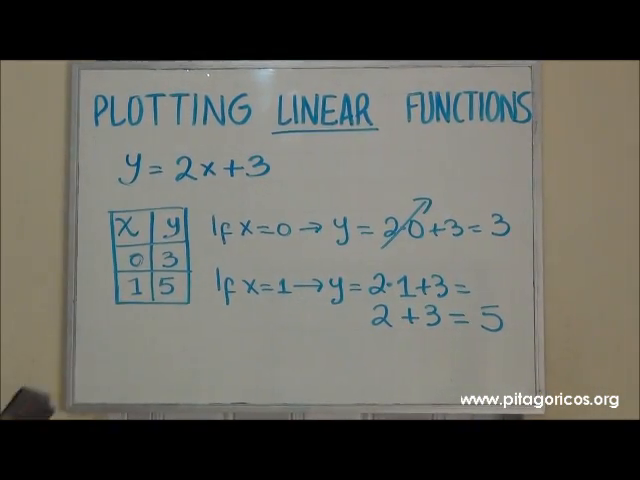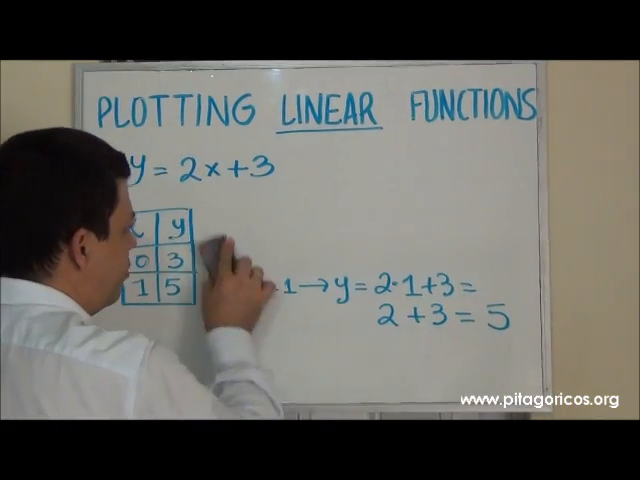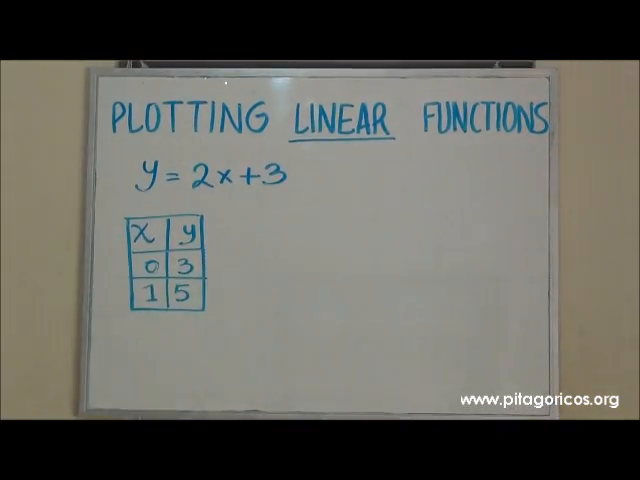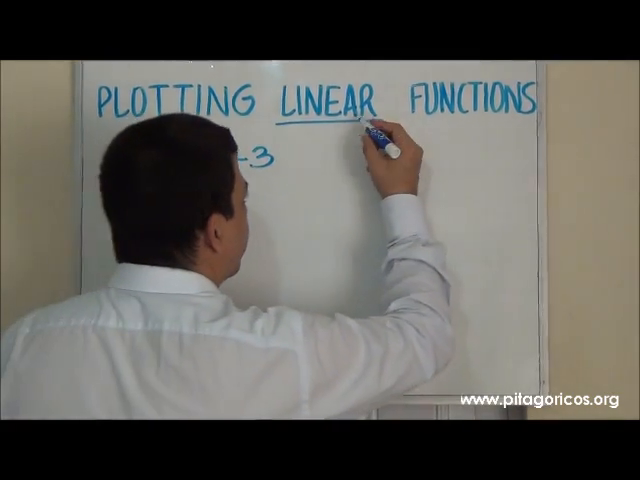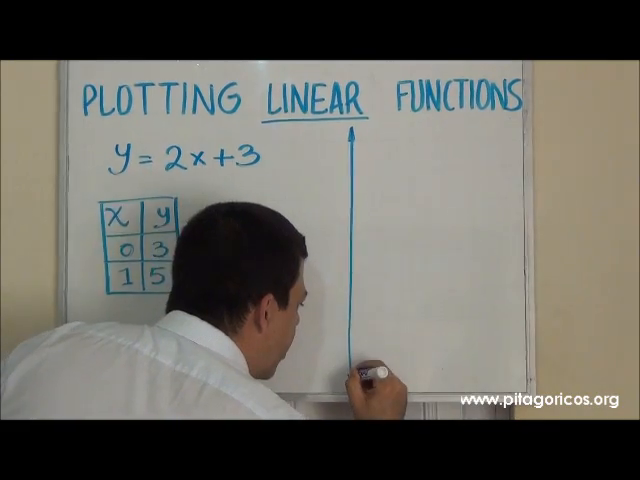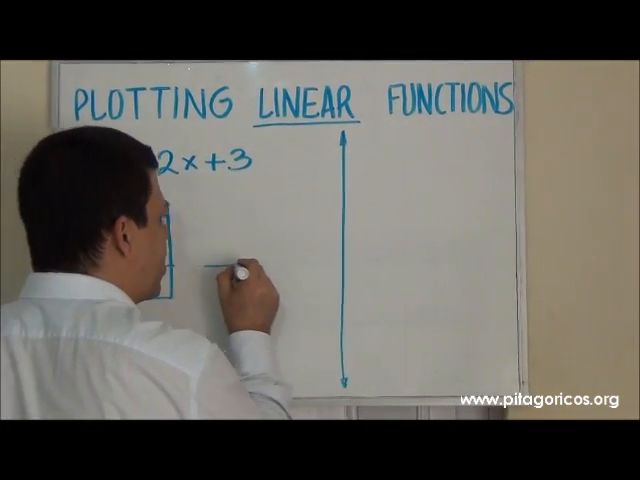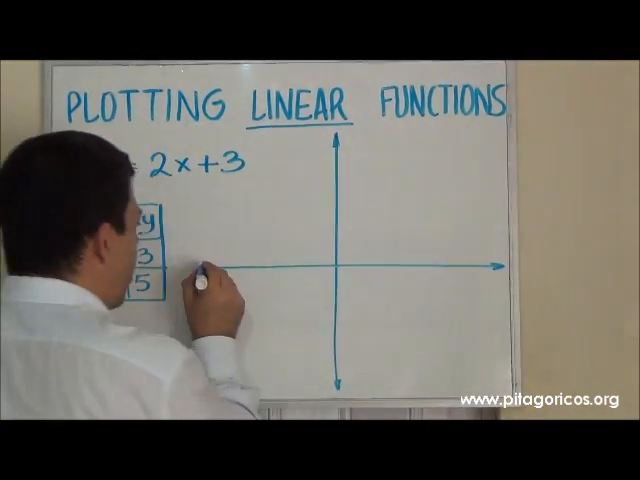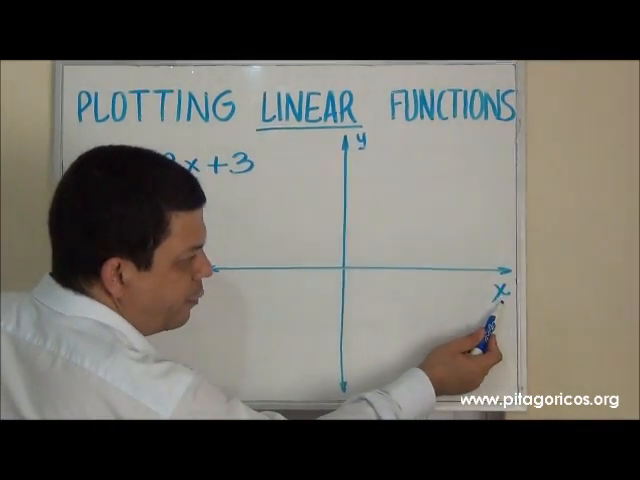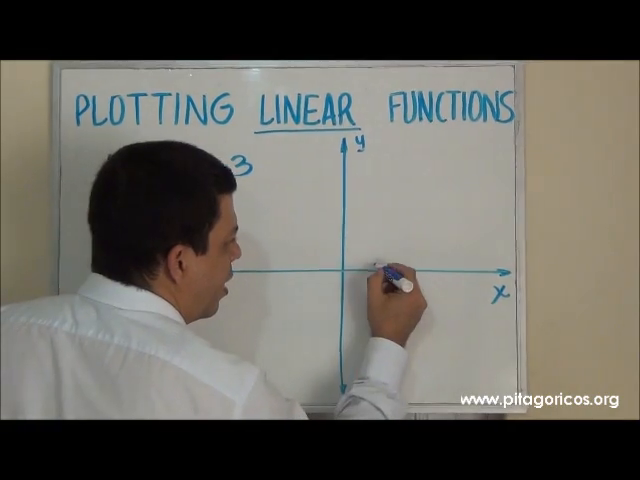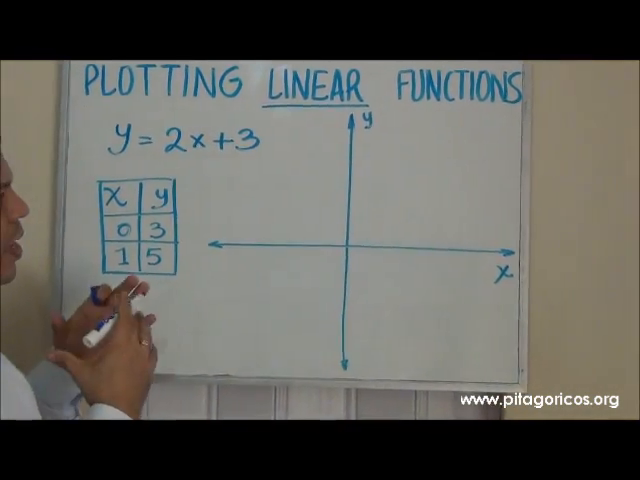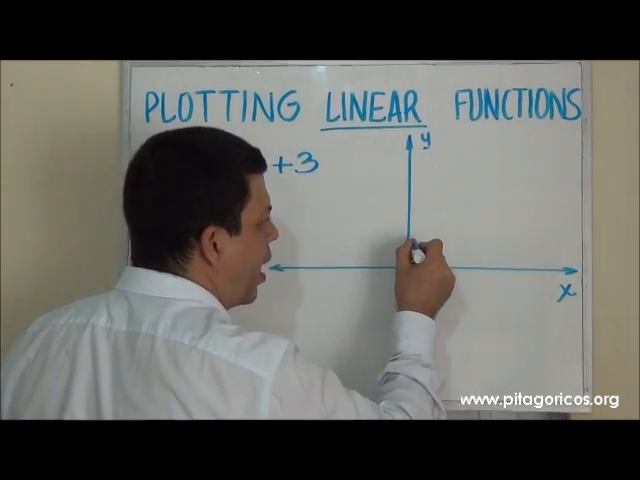So to do the plotting is very simple. Just give me a second so that we can have our grid. Of course, you're going to need a ruler to make these lines as good as I do here. So this is x, this is y. Very important for you to label the axes. Very important also to use the appropriate scale. For example, I can use here